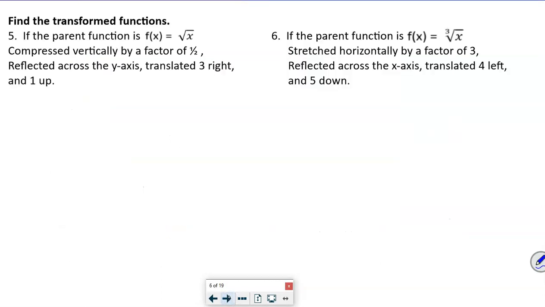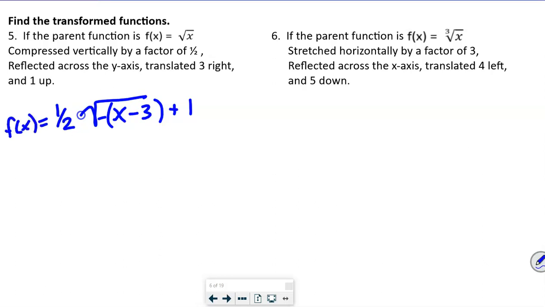All right, number 5 says, if the parent function f of x equals square root of x is compressed vertically by a factor of 1/2. So I'm going to go ahead and put a square root here. It says vertically compressed, so that goes out front. Vertical compressions, right? Reflected across the y-axis, that means I'm going to have a negative under here. Translated 3 right, so I'm going to do -3 and up 1, plus 1. So that's my function